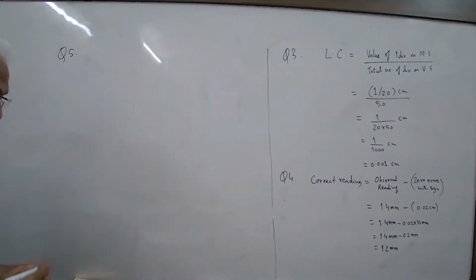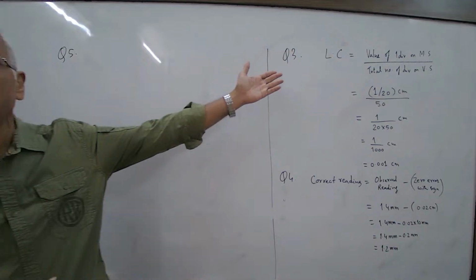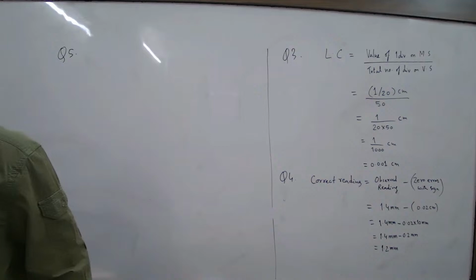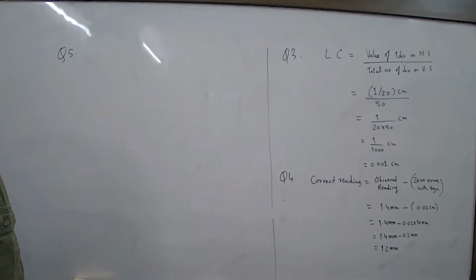Question 5. What is to be calculated first? Least count, and it is vernier calipers. What is the formula for least count of vernier calipers? Value of 1 division on main scale. It says the main scale is graduated in millimeter, so each division is a millimeter. So least count is